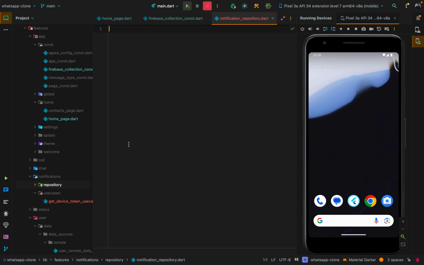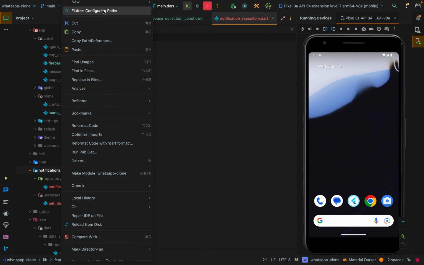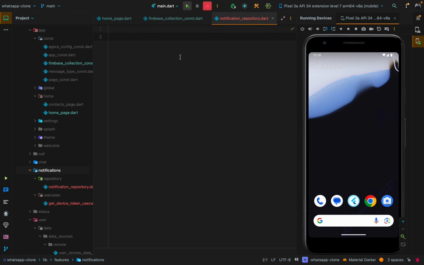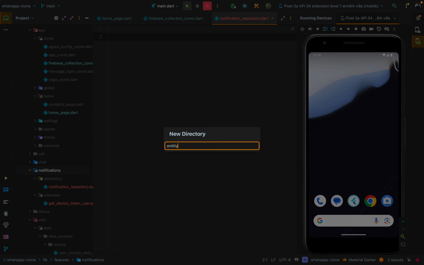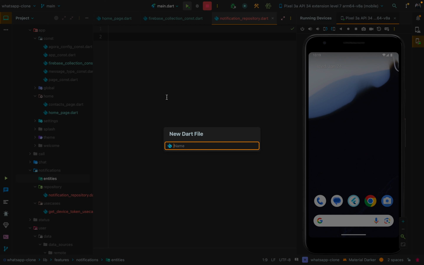Since it's not so complicated code, and not so much code, so that we have to create domain data and presentation and UI for this, and we don't have any UI for notifications in our WhatsApp. So it's just a method that will be called when a message is sent. So the notification repository is going to utilize the notification entity, so we will create one entity for this also. That will be entity. Inside that entity, let's make it entities, and inside that we're gonna have the notification entity,